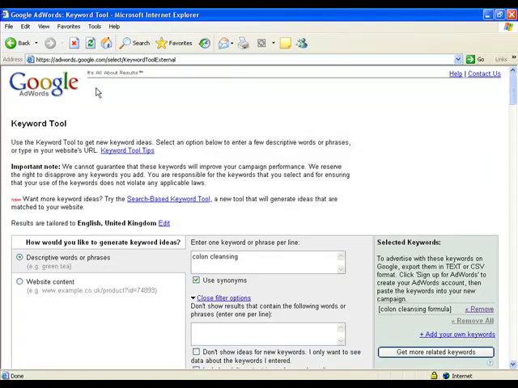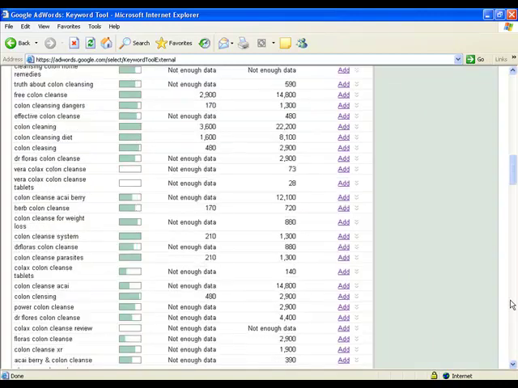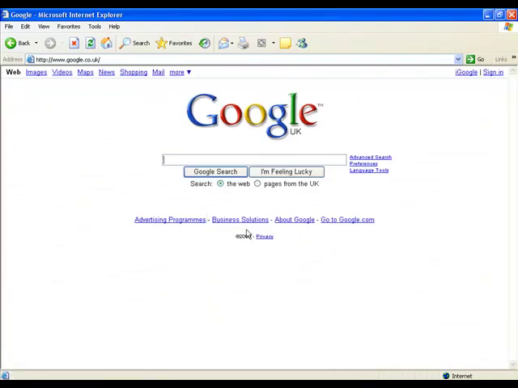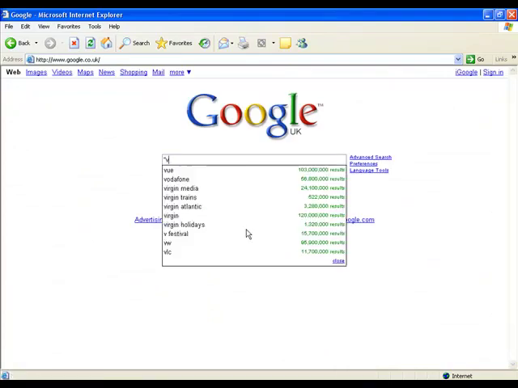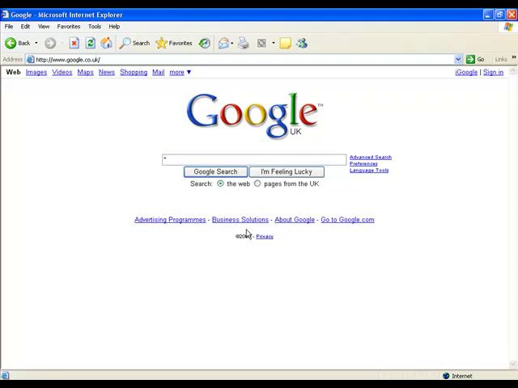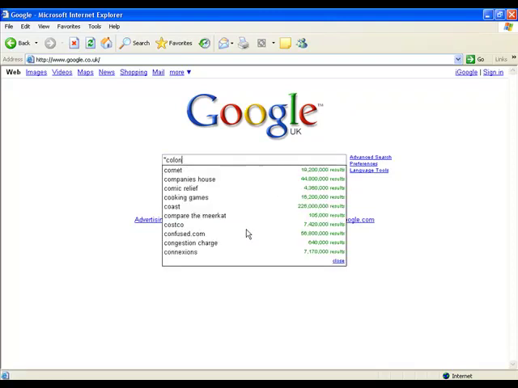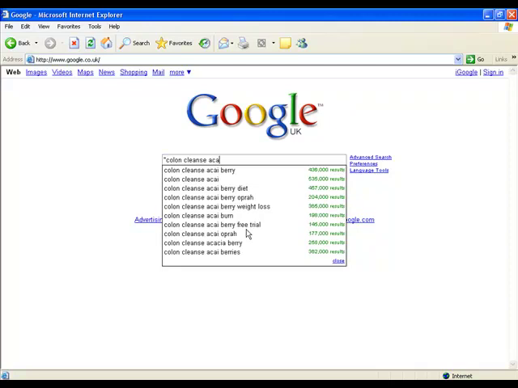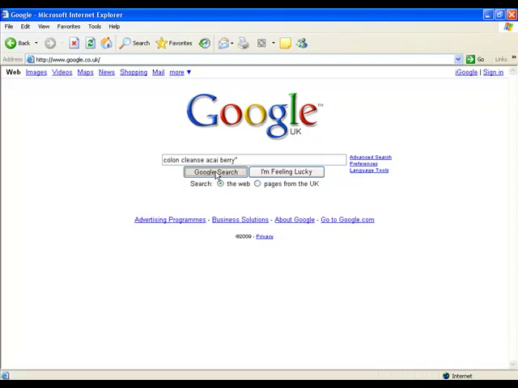Now, once you've found your keywords, you want to go back to Google. Let me just get one of our keywords that we were looking at up. Where's it gone? There's one. Colon cleanse acacia berry. Let's just copy that. Let's just go to home. So let's have a look and see what it looks like actually in the search engine results. Colon cleanse acacia berry. Right, that's what we're after. So if I do a Google search for that,